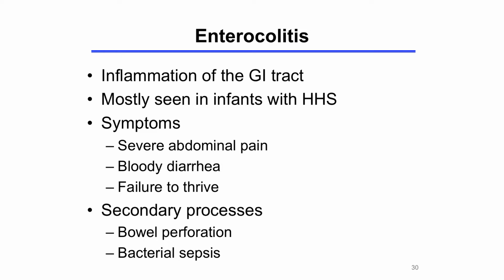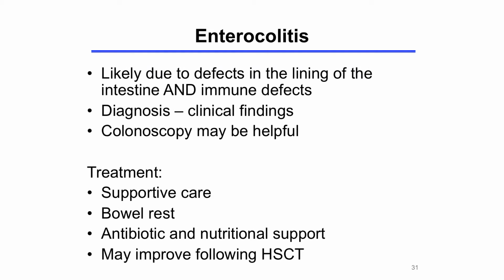Or this could be a life-threatening complication of a telomere disorder. And again, it could be due to the lining, immune defects, or a combination of both, and probably is a combination of both. The diagnosis itself can be made based on the clinical features. No special tests need to be done, but frequently colonoscopies are done to look for specific infectious processes that may be at play, or at least rule out specific treatable infectious processes, so we know that's not what's going on and there's not indiscriminate use of antibiotics. So supportive care is really the mainstay of treatment: bowel rest, and antibiotic support where indicated, along with nutritional support,